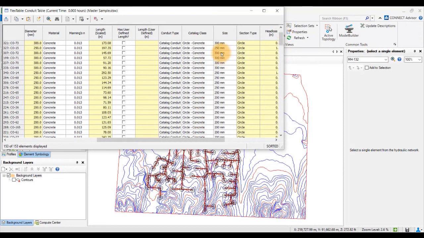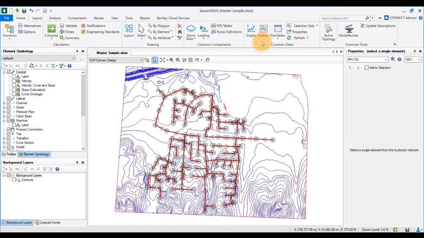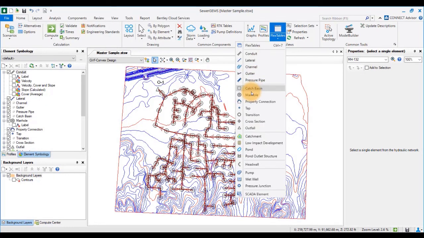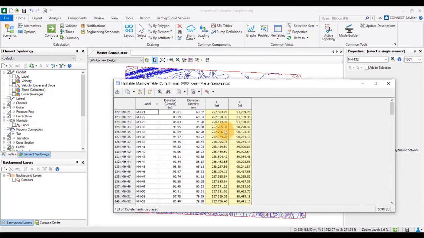This is looking like the maximum pipe size over here. Okay, and we'll also take a look at the invert elevations. So you can see MH41 is not touched over here, but for the rest, the invert elevations are now populated. So we had chosen 0, but it has done the analysis.